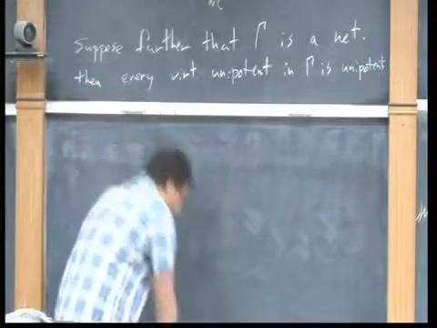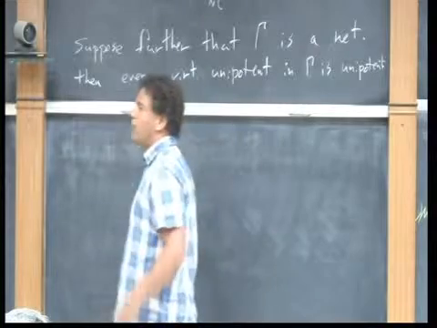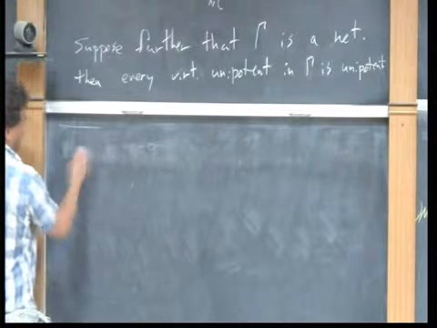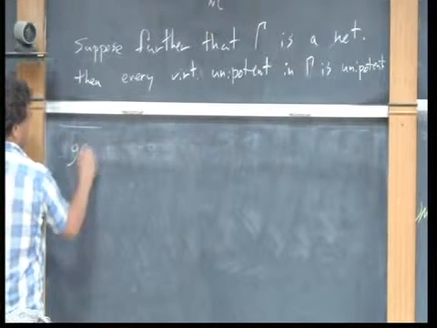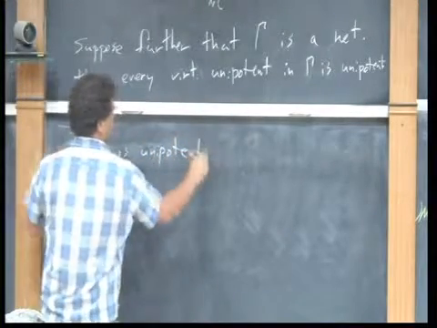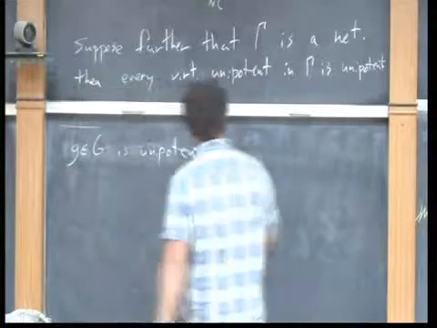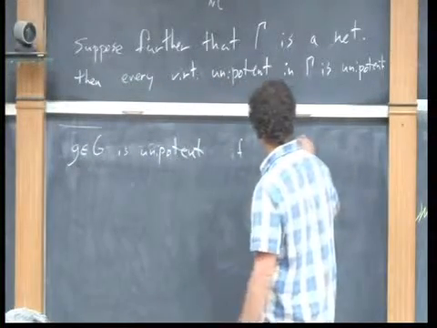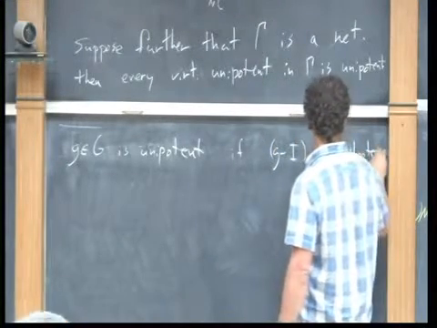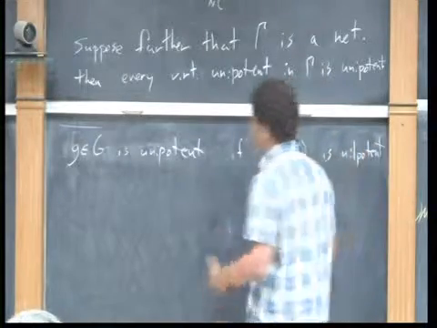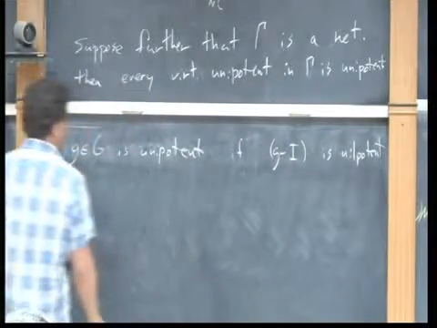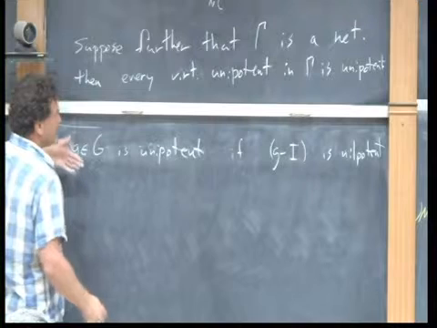And then I said something fast, so let me just repeat it. What is a unipotent? G is unipotent. We assume that G is a linear algebraic group. So G minus identity is nilpotent. What does that mean? Nilpotent means that some power of it is trivial. But then it means that